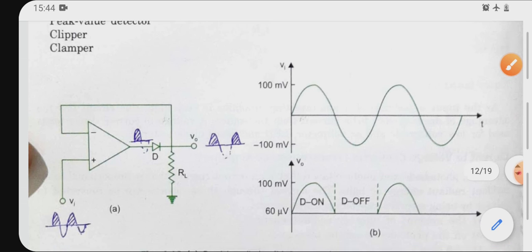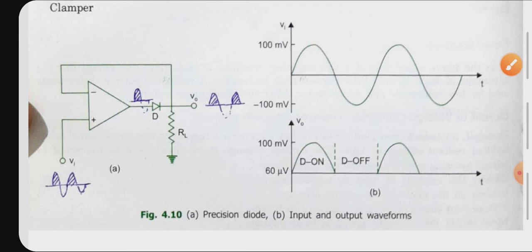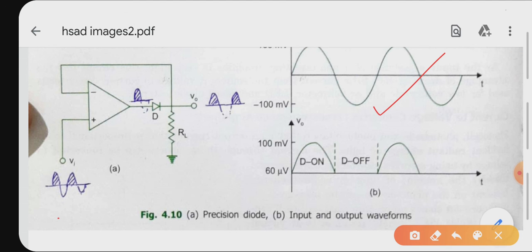You can see, you know the working of half wave rectifier also. This circuit is called as precision diode, ideal diode, or it is also called as precision half wave rectifier using op-amp. You can see there is one operational amplifier, no feedback resistor is there, unity gain, it is called as unity gain amplifier as no feedback is there. Okay, and a diode is connected. So input signal like a sine wave is applied as an input to non-inverting input terminal.